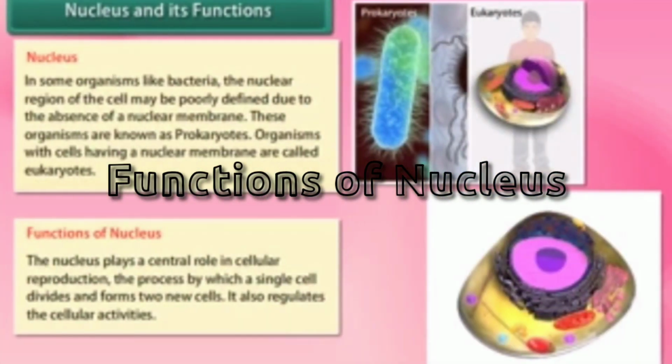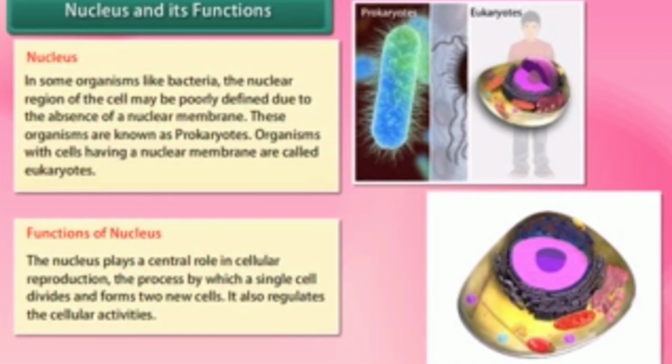The nucleus controls all the metabolic activities of the cell and also the cell division. The second function is that it is involved in the transmission of hereditary characters from parents to offspring. Do you know, students? Due to loss of nucleus, a large quantity of hemoglobin can be accommodated in the RBC, and thereby a large amount of oxygen can be transported.